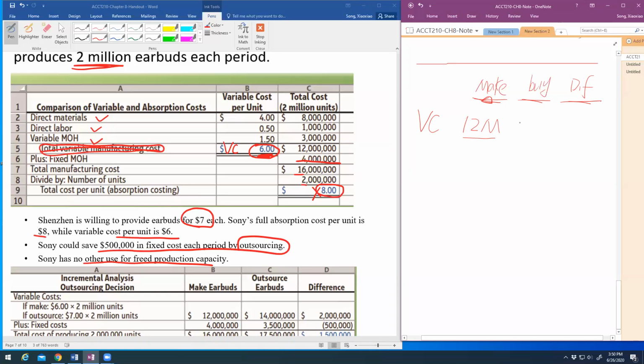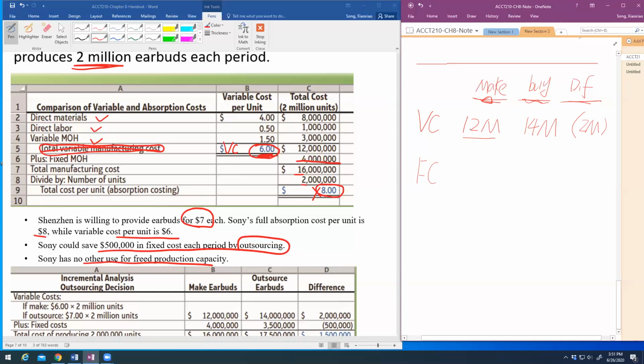Actually, it's our purchase price, right? So if you buy, you have to pay money. So our purchase price for our buy, each one is $7, and we buy 2 million units. So the variable cost under buy will be 14 million. So we have a difference of 2 million here. That's our variable cost. So our fixed cost,